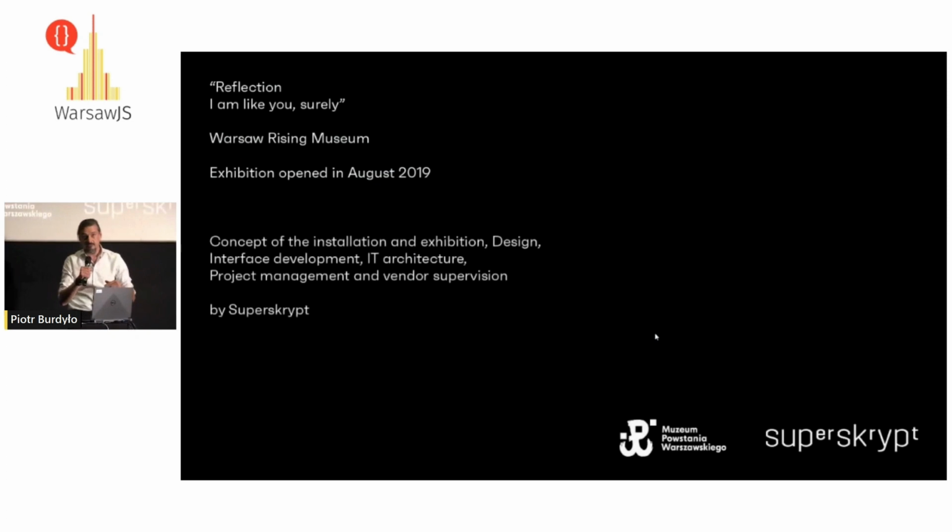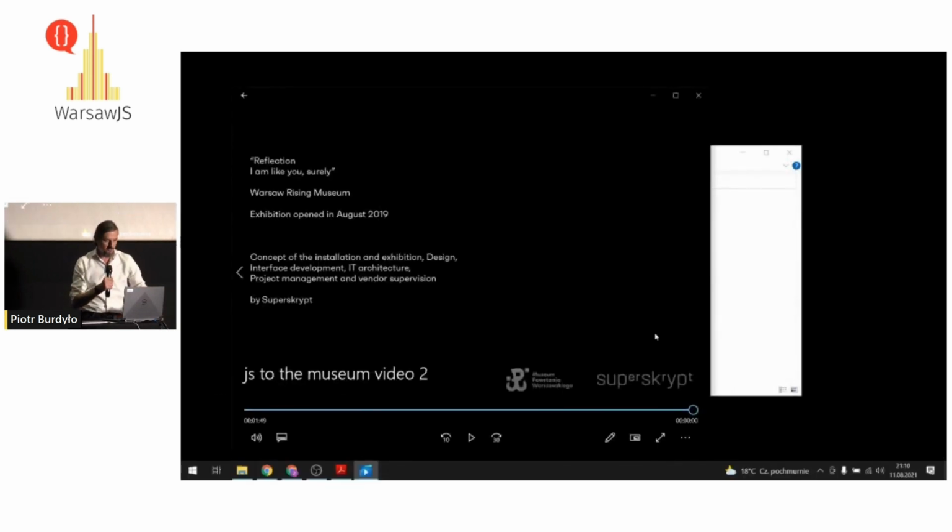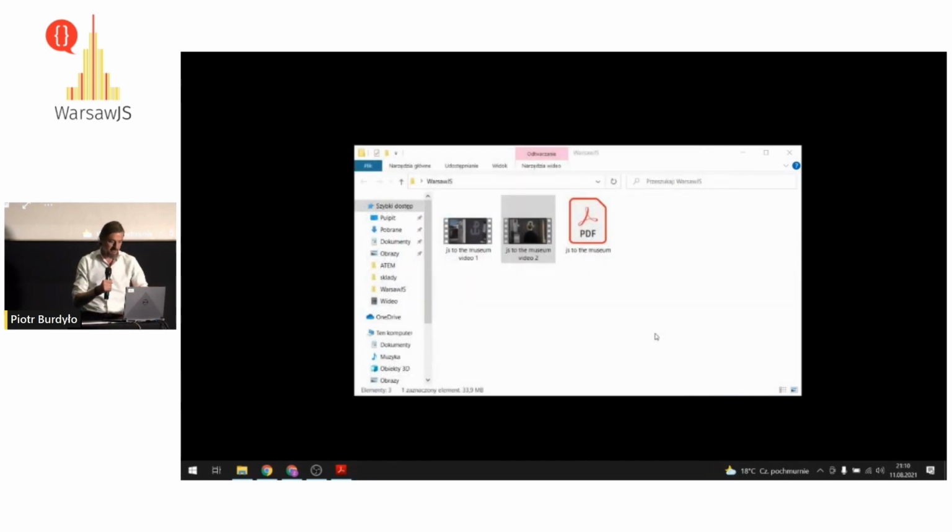The mirror is actually an interactive mirror. It has a webcam. It has a screen behind the mirror, so we can use it both as a mirror and as a screen.